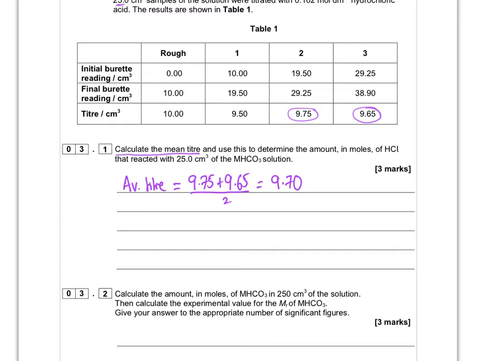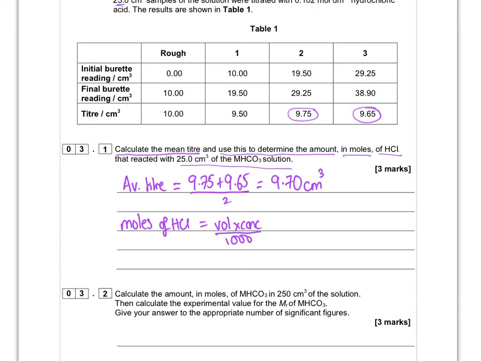Remember, the values were to 2 decimal places, write your answer to 2 decimal places and no more. The second bit of the question is asking me to use this to determine the amount in moles of HCl that reacted with 25 centimetres cubed of that solution. So I'm going to work out my moles of HCl, and to do that it's going to be volume times concentration